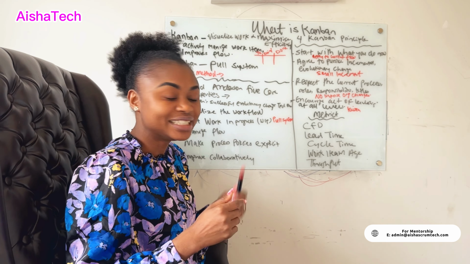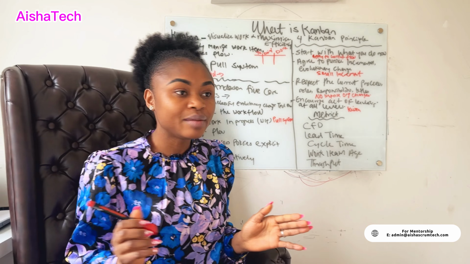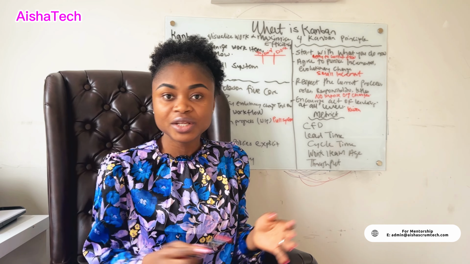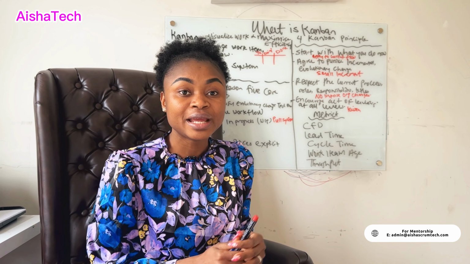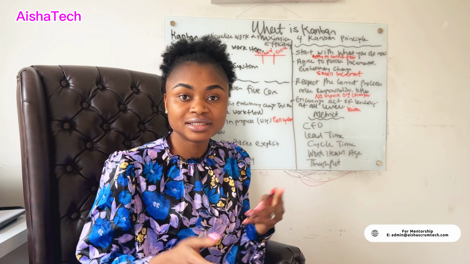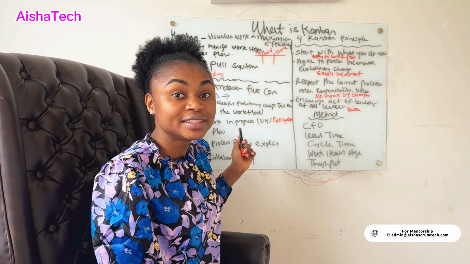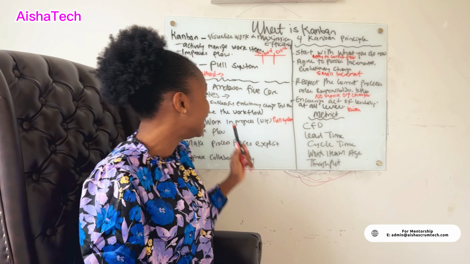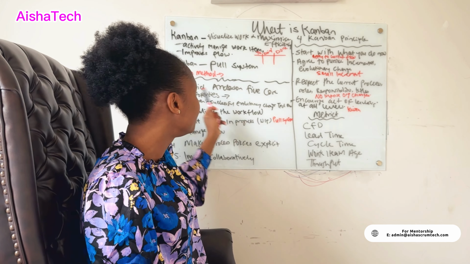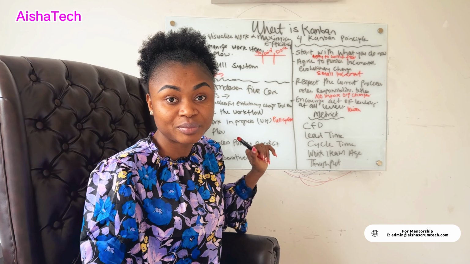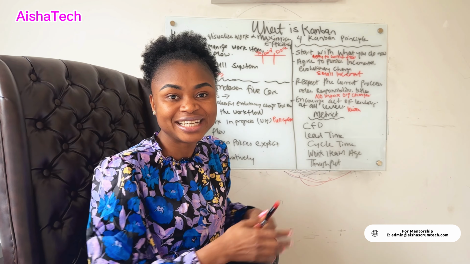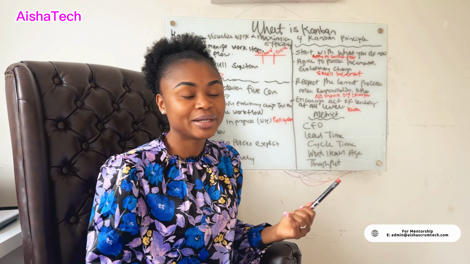And improve collaboratively. At any given time, as a team or as a company, we should always promote improvement. We should promote processes that will be in place that can help us all grow as a team and grow as a company by continuously collaborating and continuously improving. The principles are actually 6. I know I covered the 5 core from the David Anderson book, but the Kanban principles are 6. And the last one, the 6th Kanban principle, is the feedback loop, and that's everything in Agile, right? The continuous feedback loop.